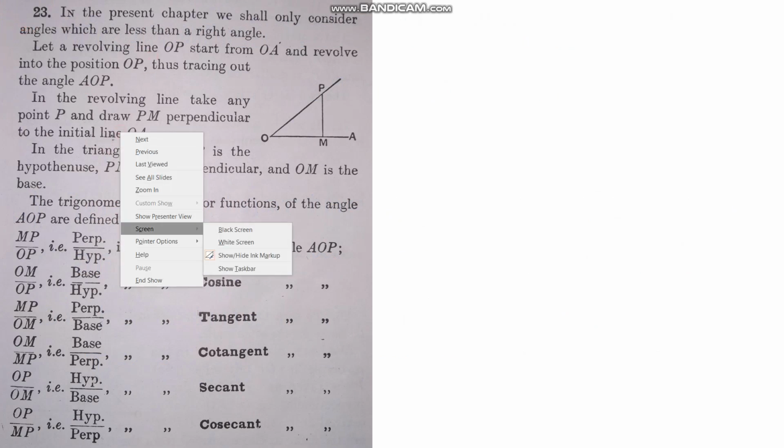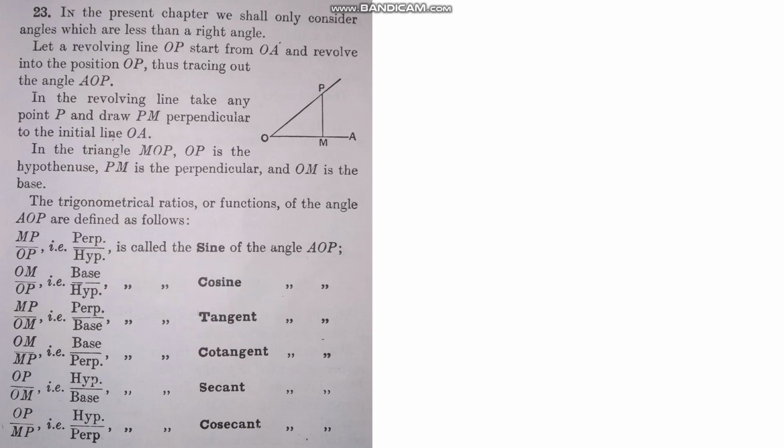First let me tell you what is this. Let a line OA be there and we are rotating this line OA to OP, so this angle will become a specific angle called AOP, or if we take a perpendicular here it will be MOP if this is M. Right, now